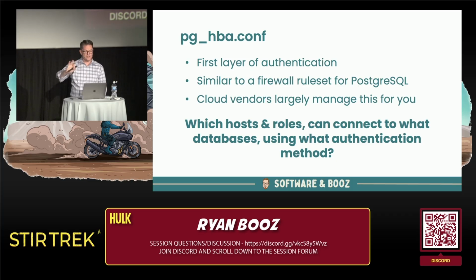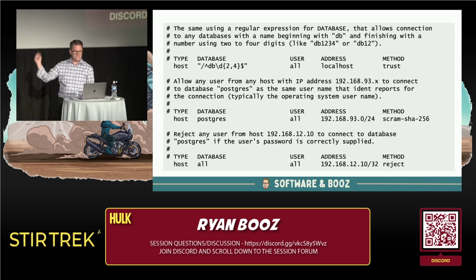What clients are allowed to connect, what users from those clients, what authentication method can they use, and then what can they talk to, all right? So what databases, what authentication method, and then who and where are they coming from. Now this example is taken out of the documentation. I'll zoom in on one or two of them really quickly, but it's really configurable. We love regex in Postgres. We have regex searching. We actually do have fuzzy search and fuzzy match and some other stuff.